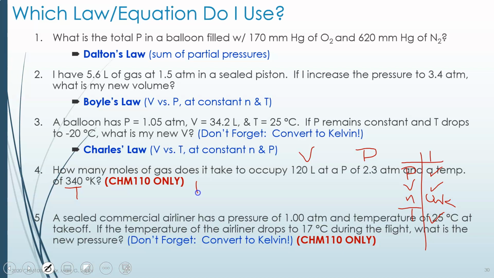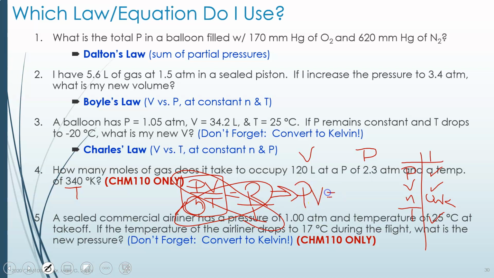And we know that PV over NT, and we don't need to write ones here because it's only one state, equals our gas constant, R. And we know the value for R, or it will be given to us, or we can look it up. And the only thing that we're missing here is the N value. So I highly recommend that at this point, anytime you have a ratio or a fraction, cross-multiply to get rid of the fraction. So you're going to rewrite this as you're going to cross-multiply these two, and that will equal this, and R is just over 1, so we're not going to worry about it. So we end up with an equation PV equals NTR,